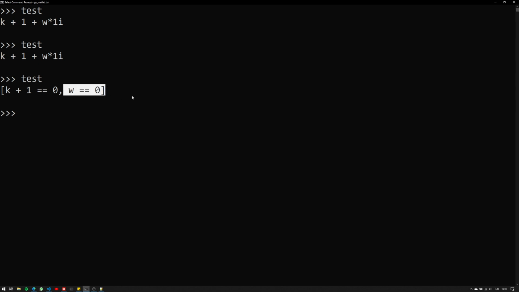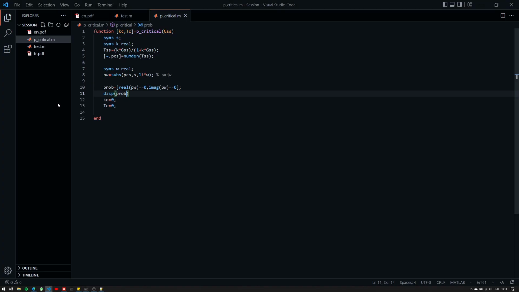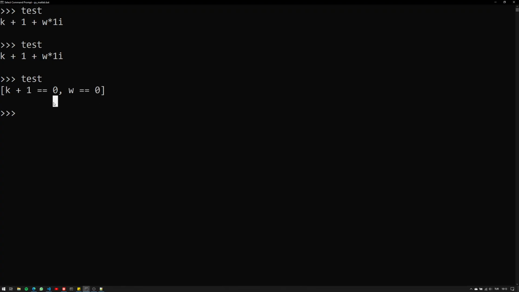Now immediately you can see that omega can be equal to 0, and k is equal to minus 1. So this corresponds to a j omega crossing where we are not crossing any frequency, we are crossing the origin. And this happens most of the time in the negative root locus, which I can see here, because k is equal to negative 1. So I'm on the negative root locus. In terms of root locus, I'm interpreting this result, and I can see that on the negative root locus we have a crossing at the